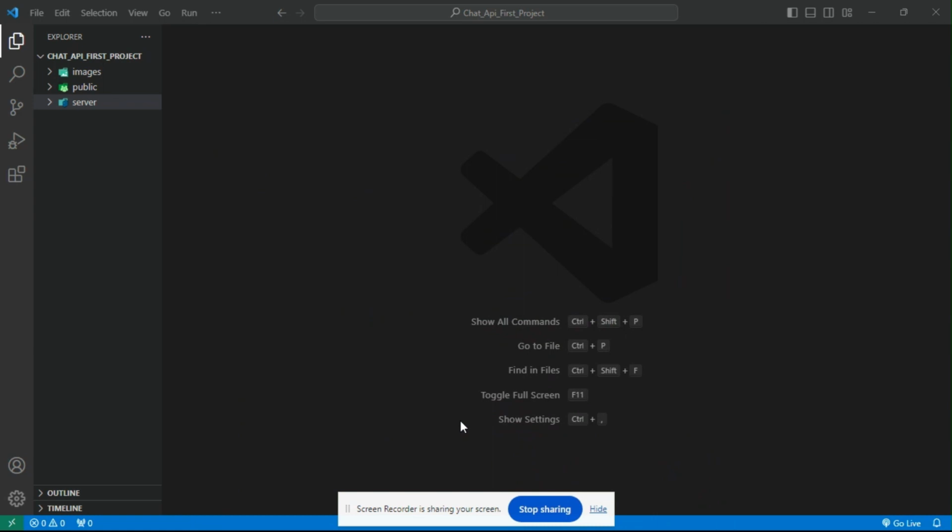Okay, so now we will set up our application. First, we will create a public directory and also a server directory. This is for the front end and this is for the back end. So inside the public directory,